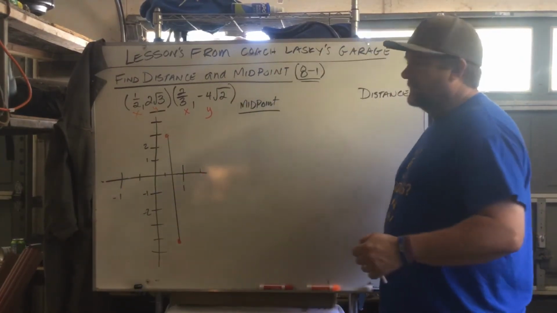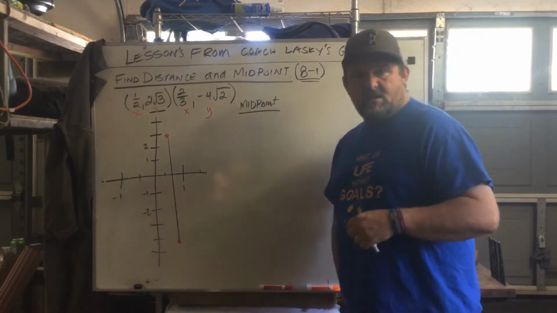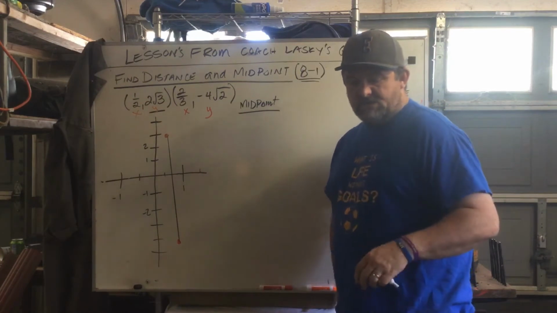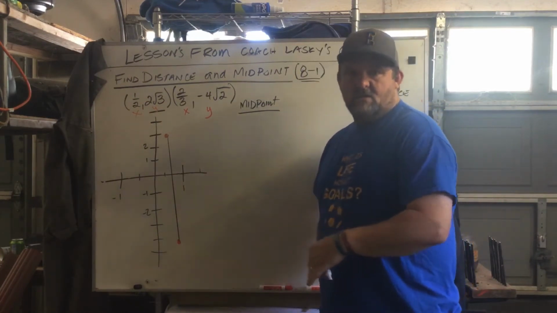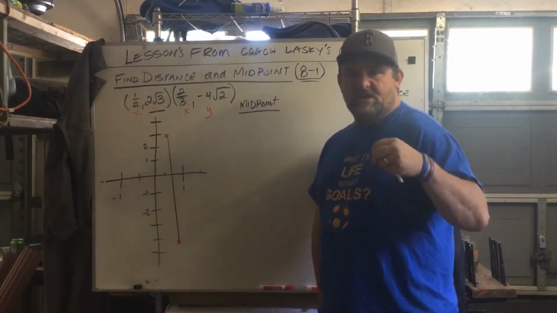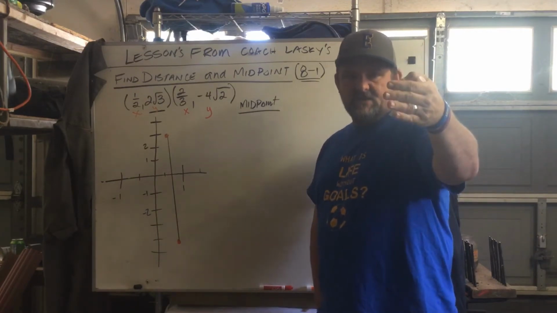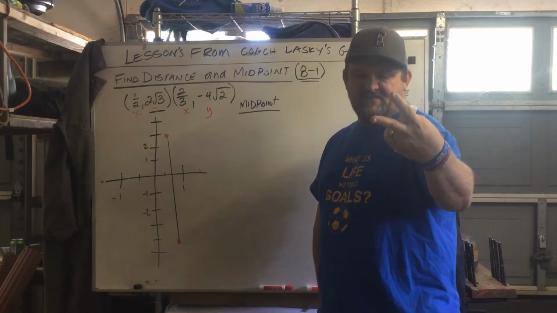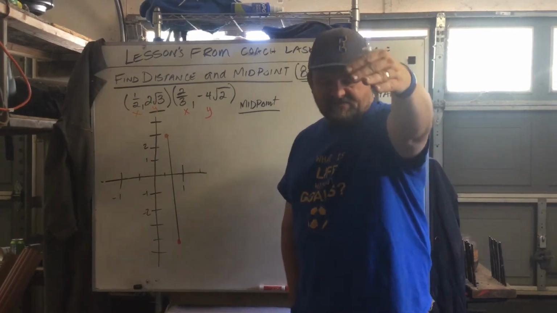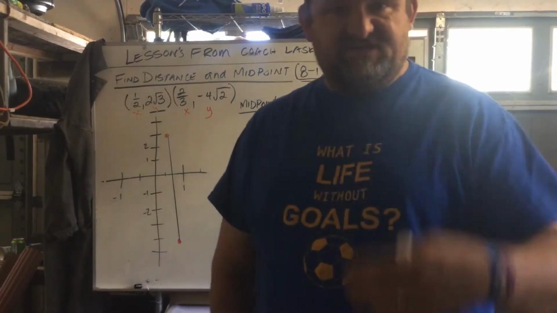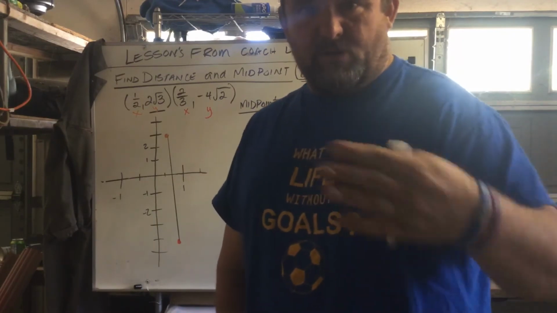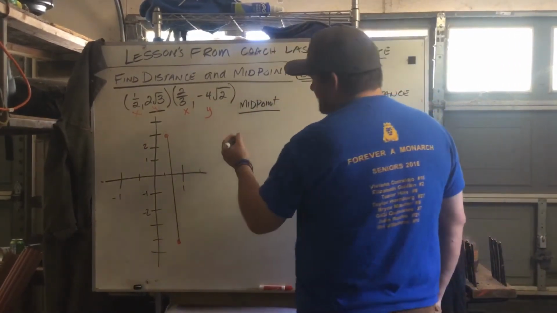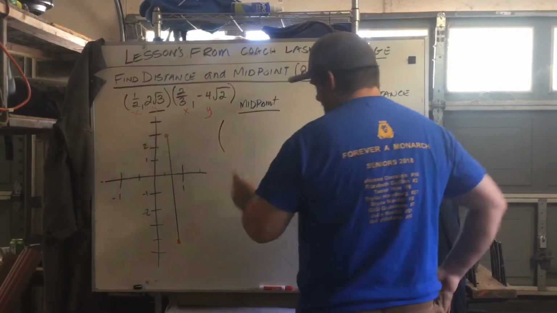So if the camera was 10 feet away and I was 2 feet, what's the middle between the two? Well, it's 6, because we're gonna add 10 plus 2, and then we're gonna divide by 2. So if I'm at 2 feet and you guys are at 10 feet, it's at 6 feet that we're halfway, or the midpoint in between the two. So we're going to do that for both points. So that's where the formula comes from. So the midpoint is going to be,